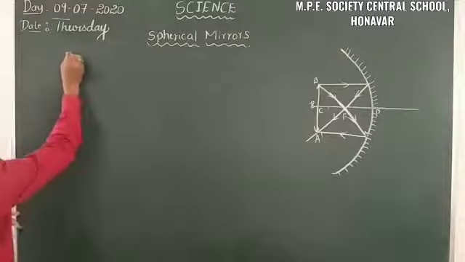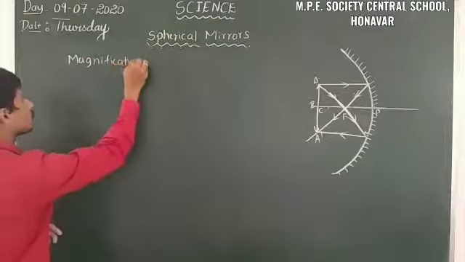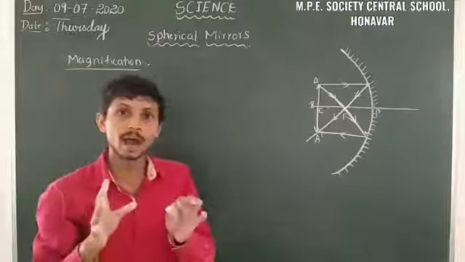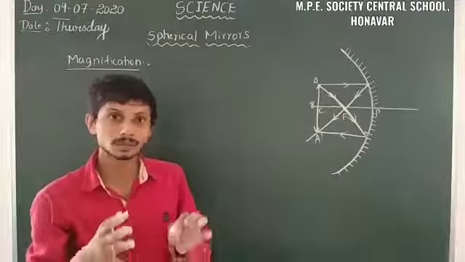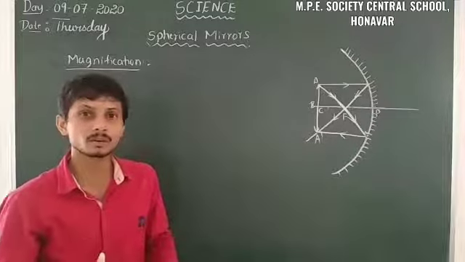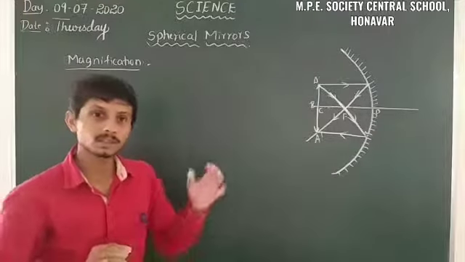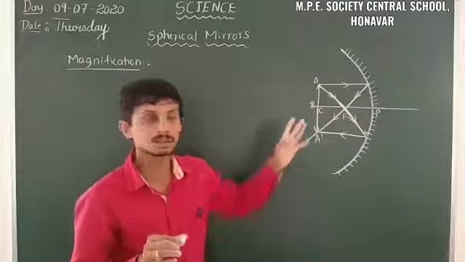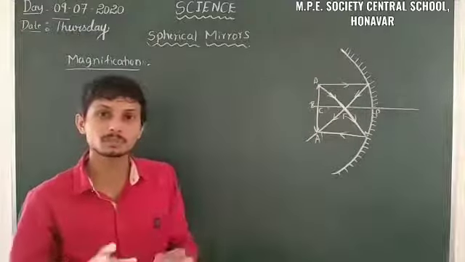Yes, so it's a magnification. Here we have to find the height of the image. When compared to the object, what is the size of the image? What is the nature of the image? From that we have to know from this formula. Here the size of the object and size of the image are the same. The height of the object and height of the image are also the same here. That means we have to find that from the magnification.